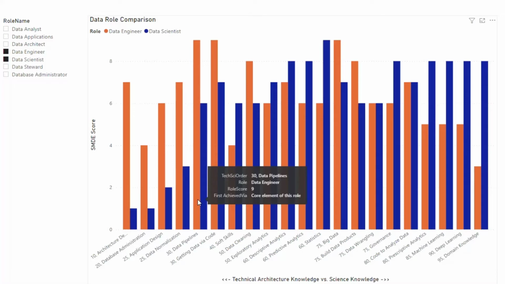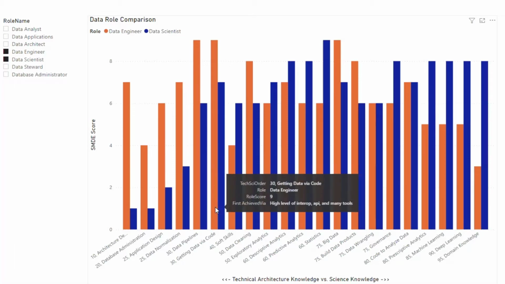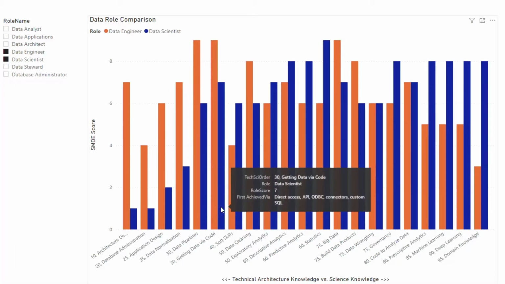So they'll be much more likely to build interop directly between diverse data systems, so that you don't lose a lot of the information. Whereas data scientists will generally work more with text files, and they'll be using those to